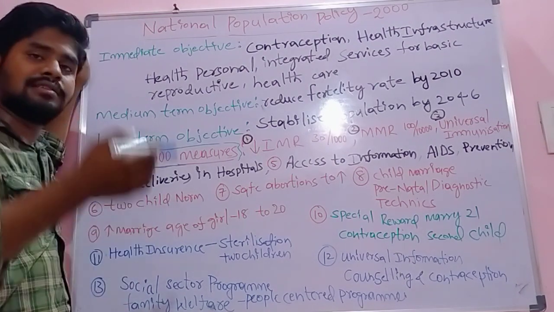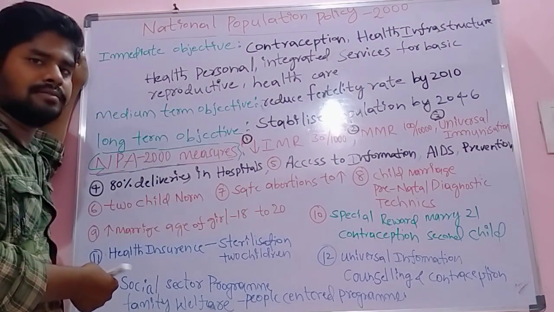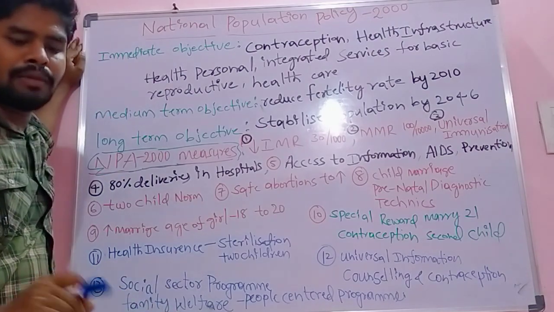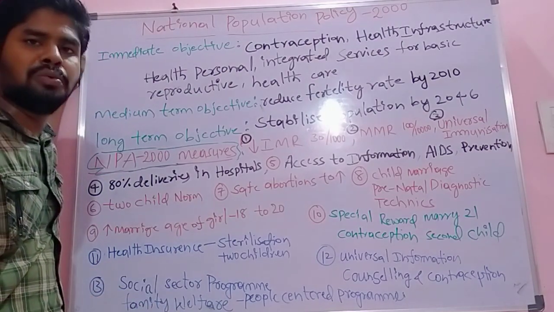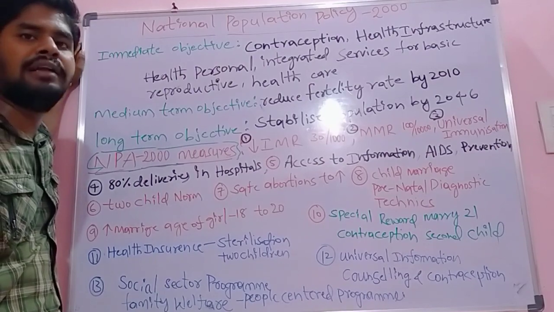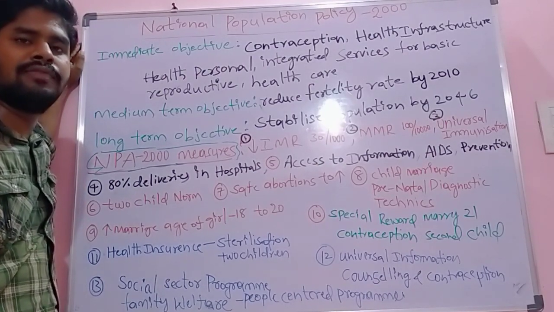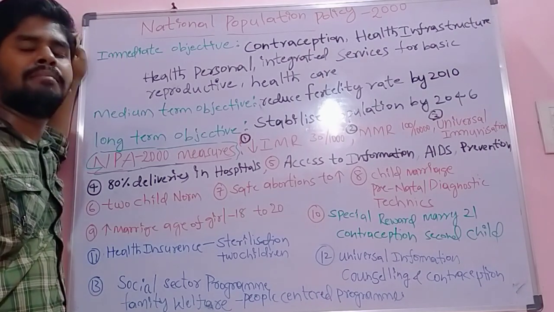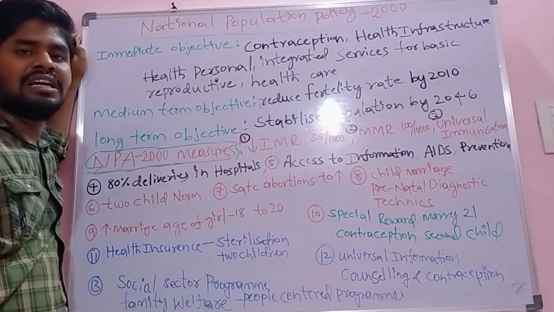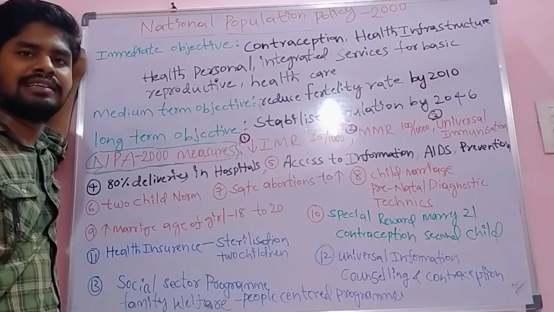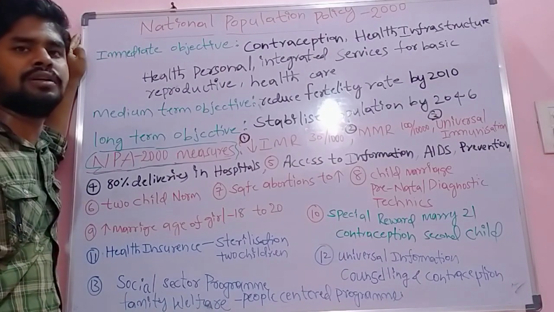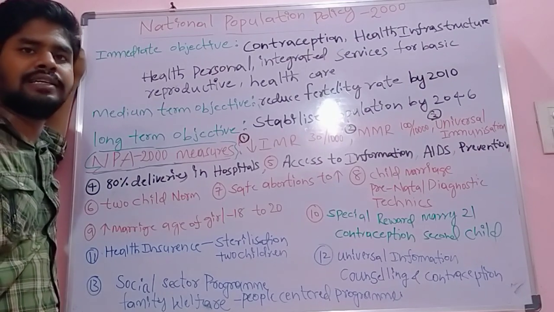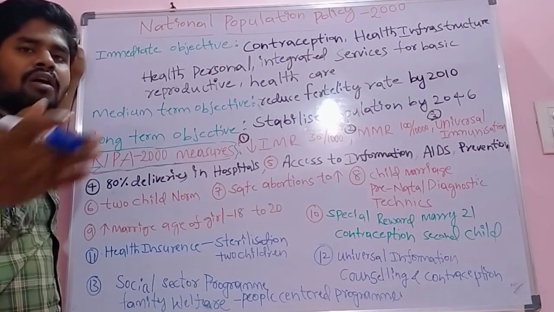Even nowadays, girls below 18 years old are still being married. Families feel insecure and burdened by a girl child. In Indian society the girl is treated as a debt and the boy as an asset. Those are the kinds of social evils, social beliefs and superstitions in Indian society.